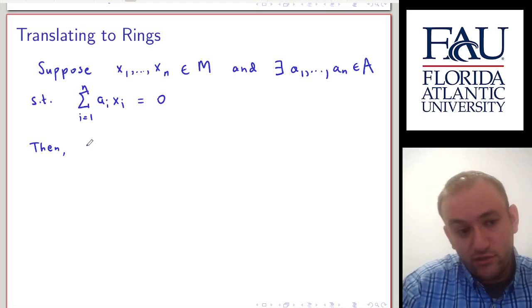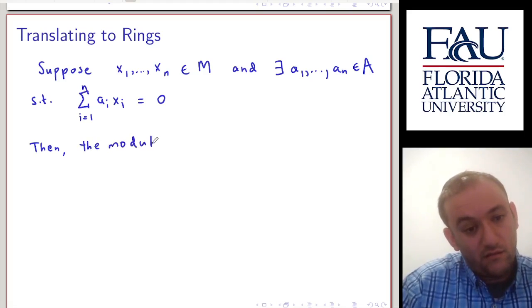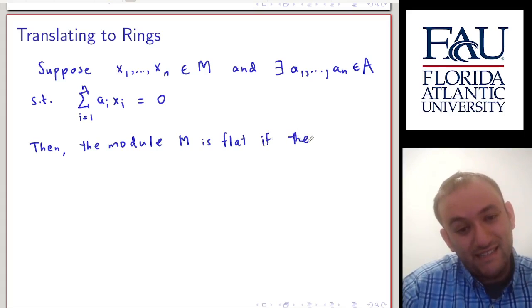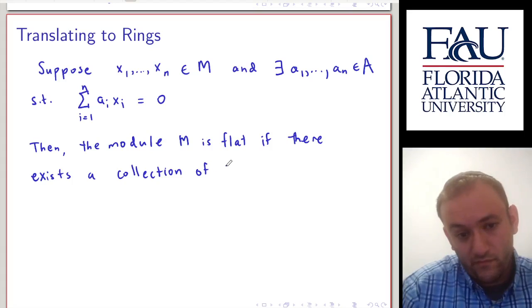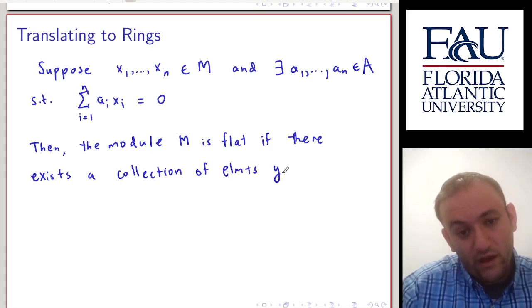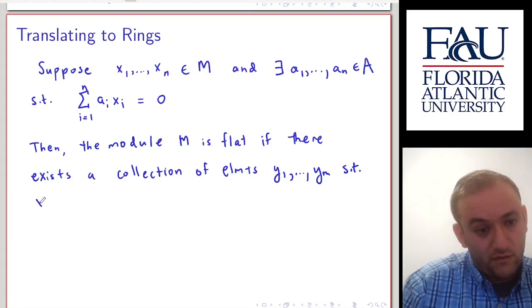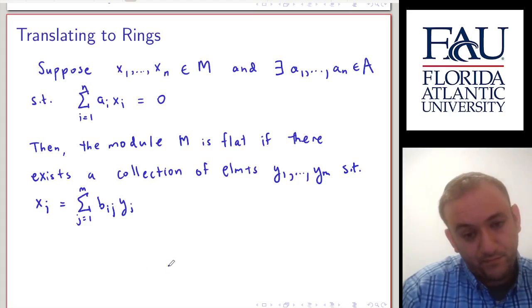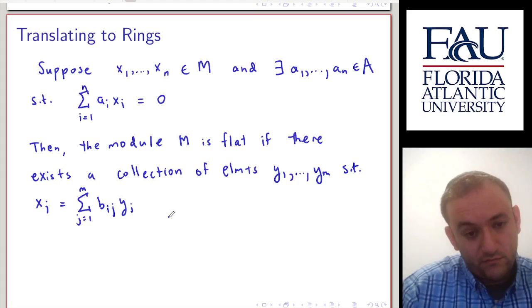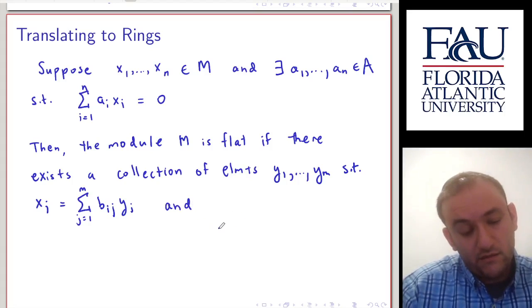Then the module is considered to be flat if there exists a collection of elements y_1 through y_m such that x_i can be written as the sum of b_ij y_j, j equals 1 to m, and